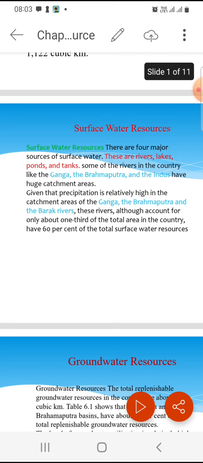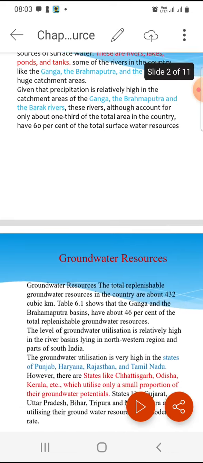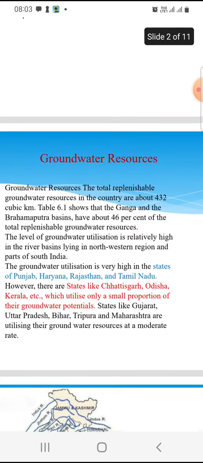The precipitation is relatively high in the catchment area of the Ganga, Brahmaputra and Barak rivers. These rivers, although they account for only about one third of the total area in the country, have 60% of the total surface water resource.